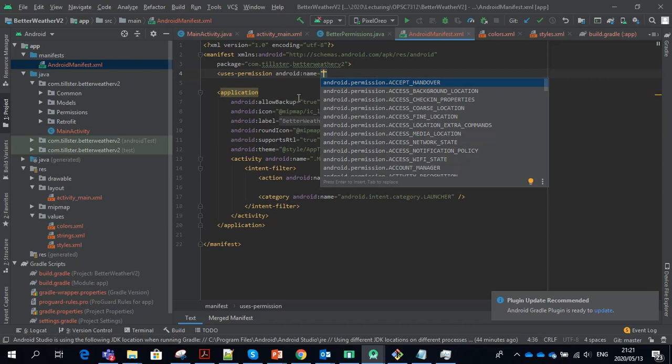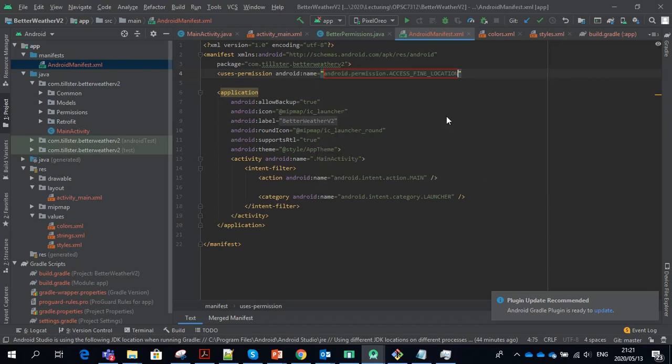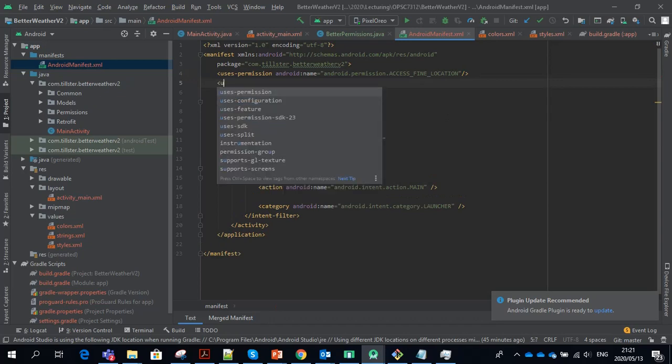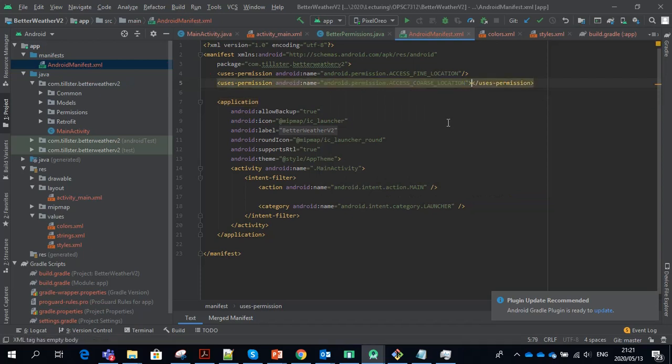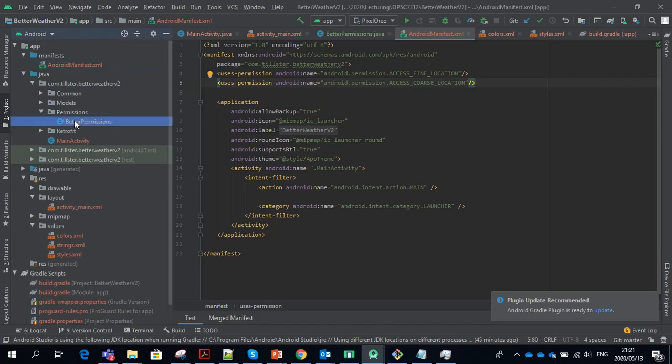and we want fine location, and the next one we want to say is uses-permission, and we want coarse location. Oh, wrong ending. Let me just fix that. Okay, so we have these in the manifest so that we can actually request them. And we can now go into that permissions class